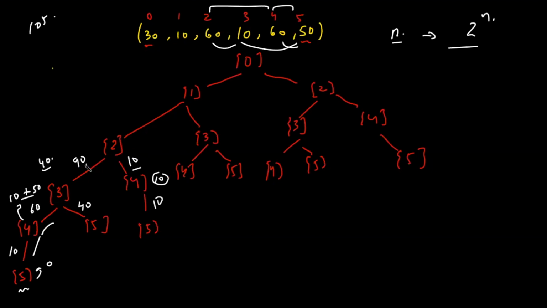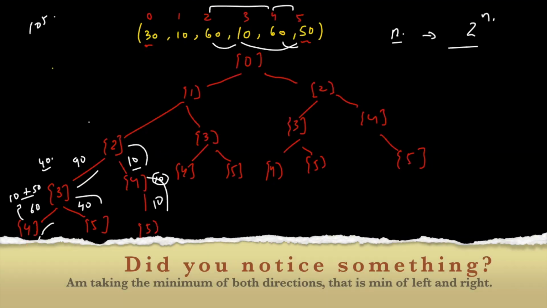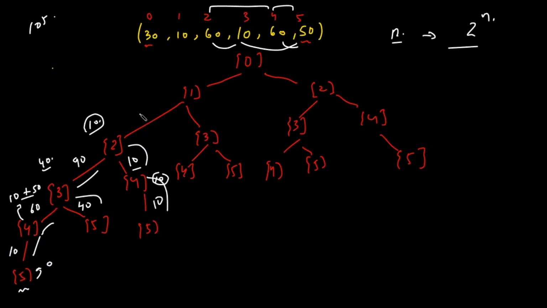You can figure out that if you moved from 2 to 3 and then from 3 to 5 directly, that is an expensive way because that took 90. So if you do not do that and you move from 2 to 4 and from 4 to 5, that will cost you 10. So that is a better way to go. So I will prefer this way. So I take 10. Now from 1 to 2, what is the cost? From 1 to 2, the cost is nothing but 50. Over here from 2 to 5, the cost taken was 10. So the total cost will be nothing but 60. So from this left, we get 60.